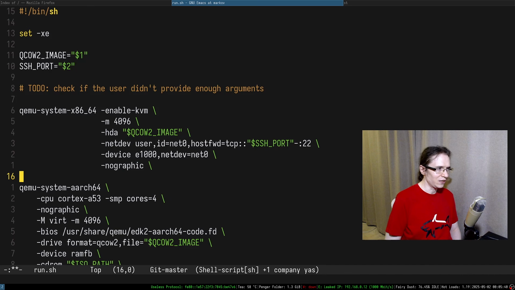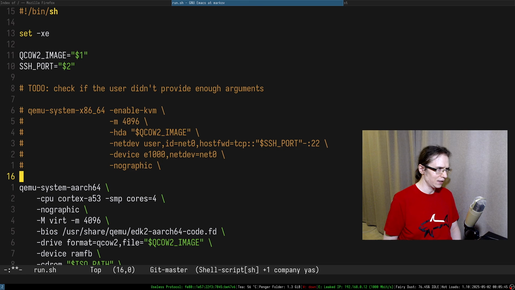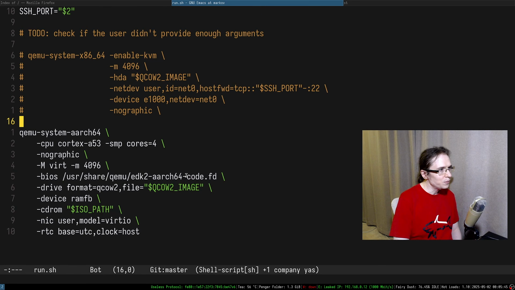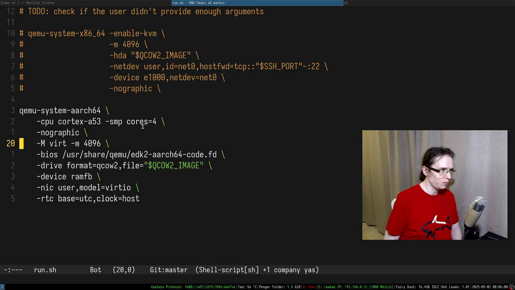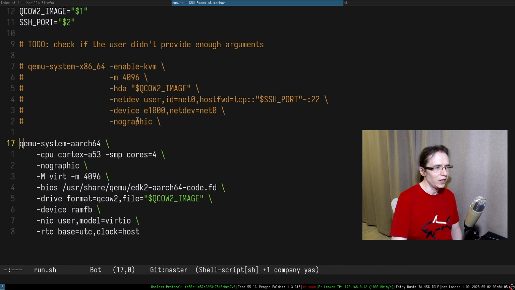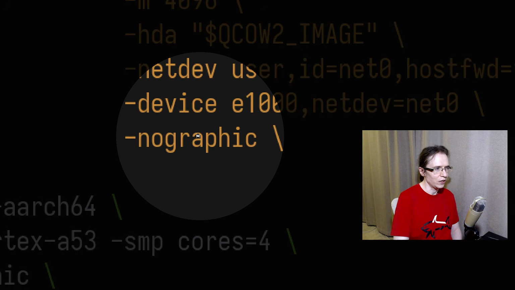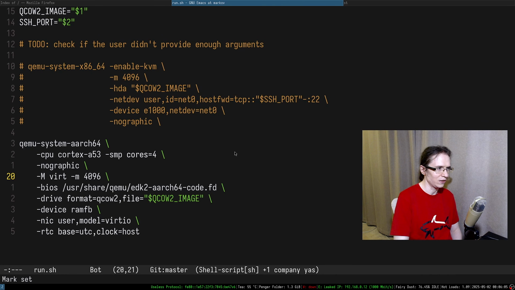Maybe we're gonna have a separate set of commands for x86-64 and for ARM AArch64. I think that's fair. Okay, so in here, what do? We should not do CD, right? We don't do CD. So then this is the usual stuff. It's basically the same parameters. By the way, I also use no graphics in here, specifically so I can actually access it like that.